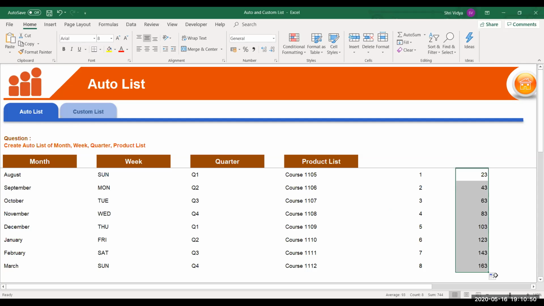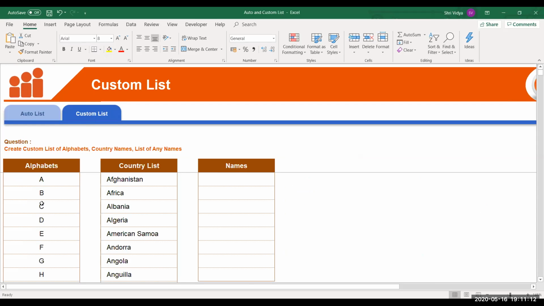Suppose you wanted the same kind of option for your own data. Let's say you have a list of employees or team members or some services that you provide. There are so many things wherein we repeat the text or some values in our reports or other places.